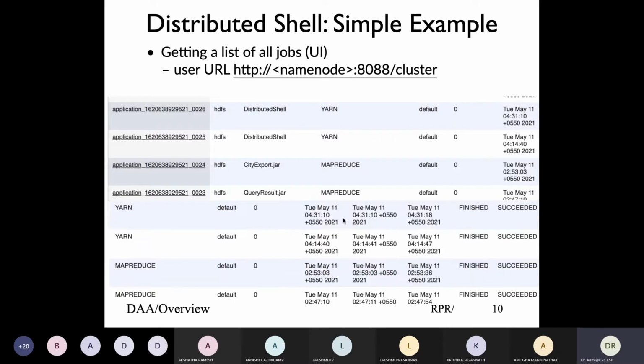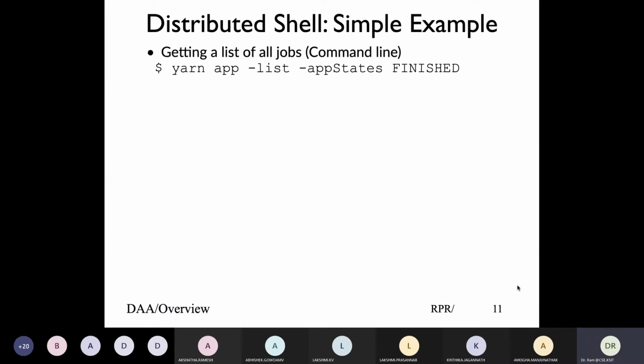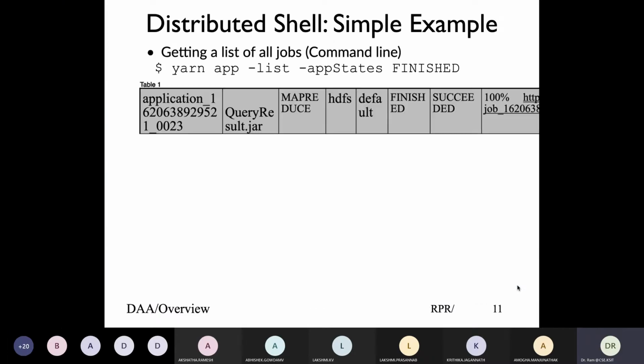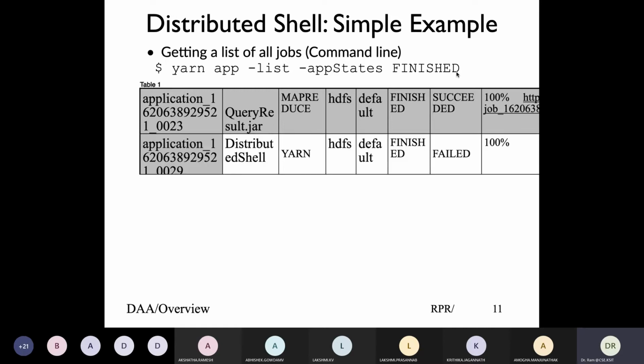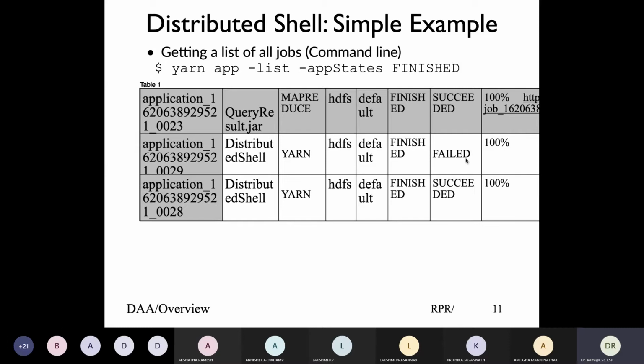So further you basically see the YARN job or MapReduce job, and then the finished, succeeded, or maybe failed, and we look at what this fails. Once you look at those, you can analyze through the command line as well, either through the UI, or I can say app list is finished. So give me a list of jobs which are finished. It will basically say job finished, succeeded, failed, and they'll give both those examples.